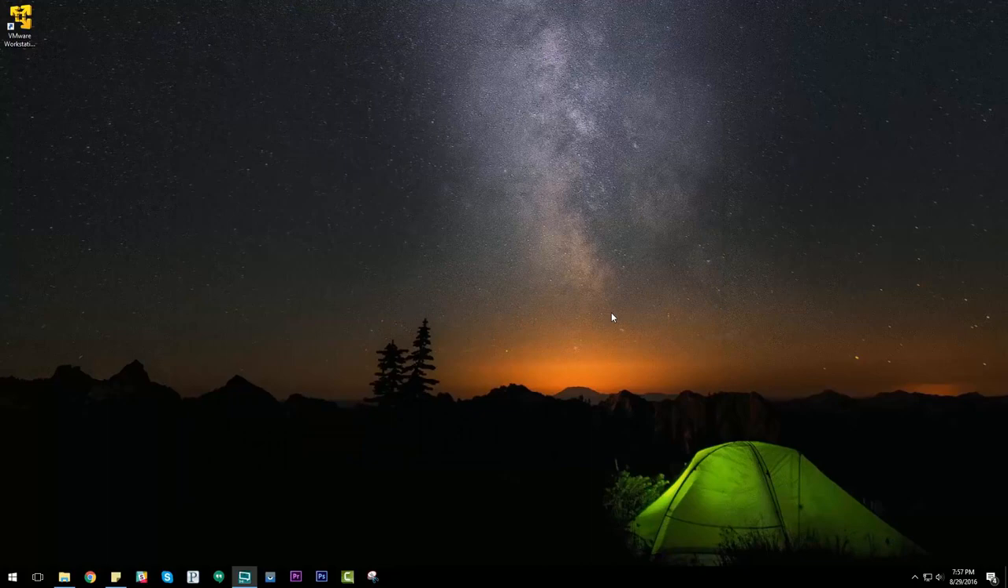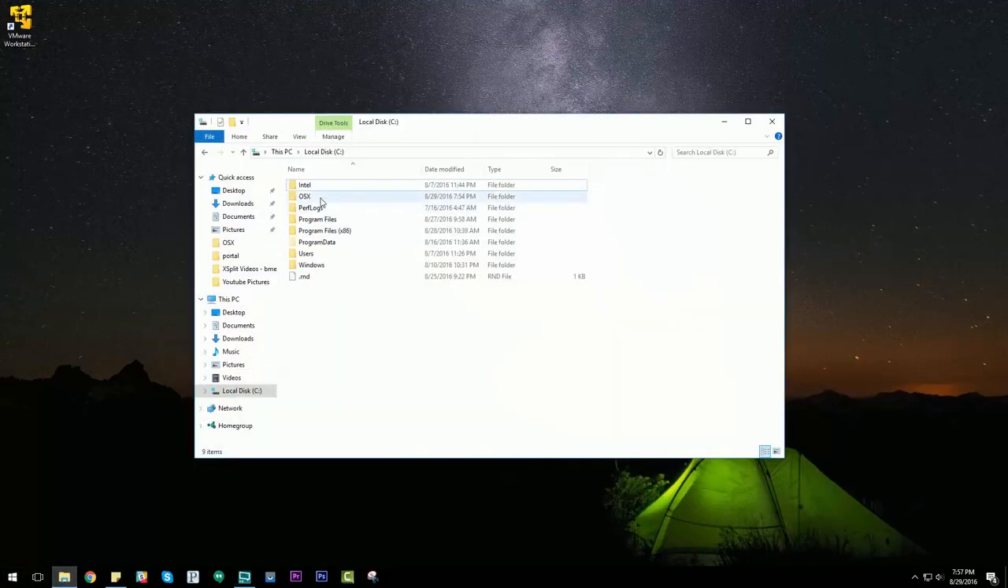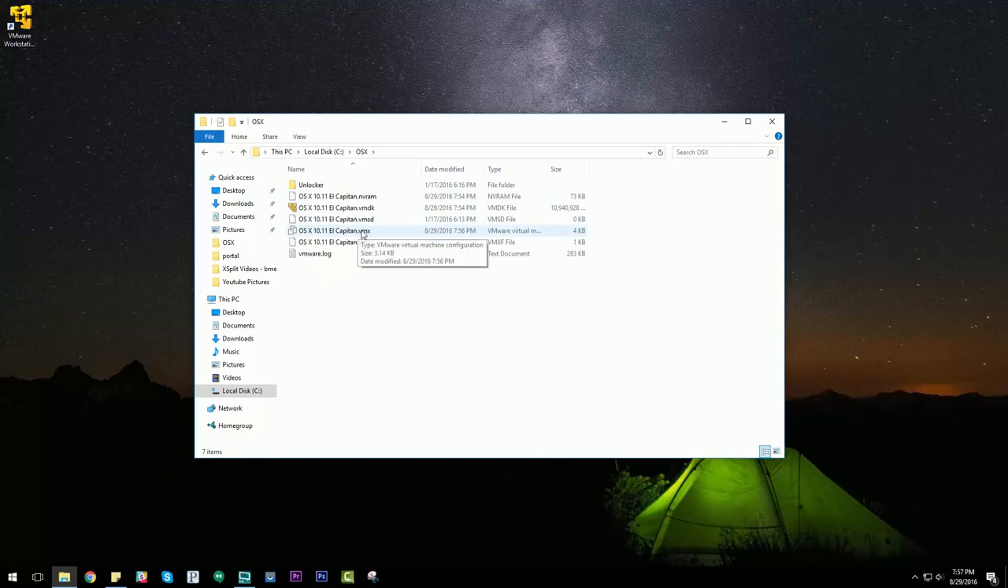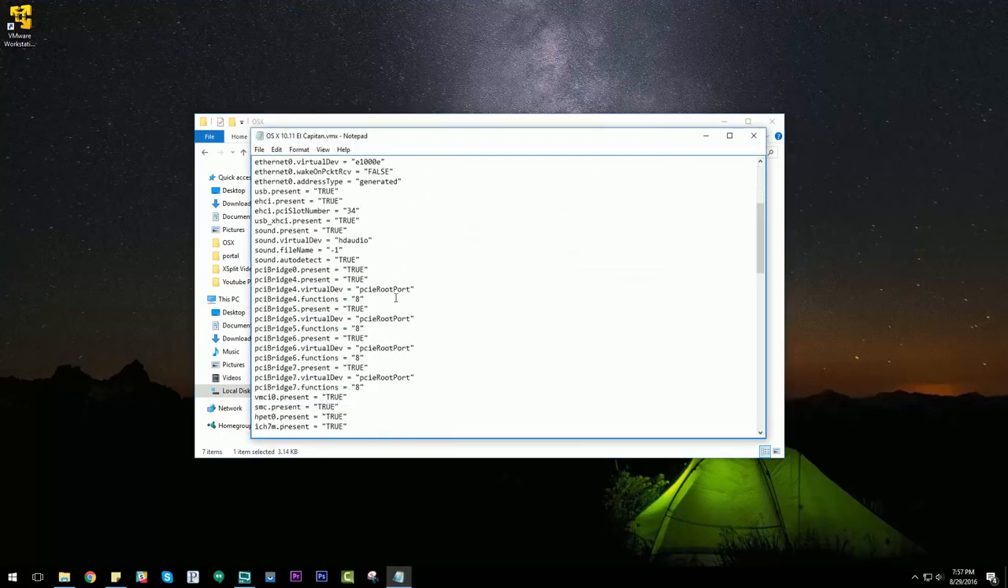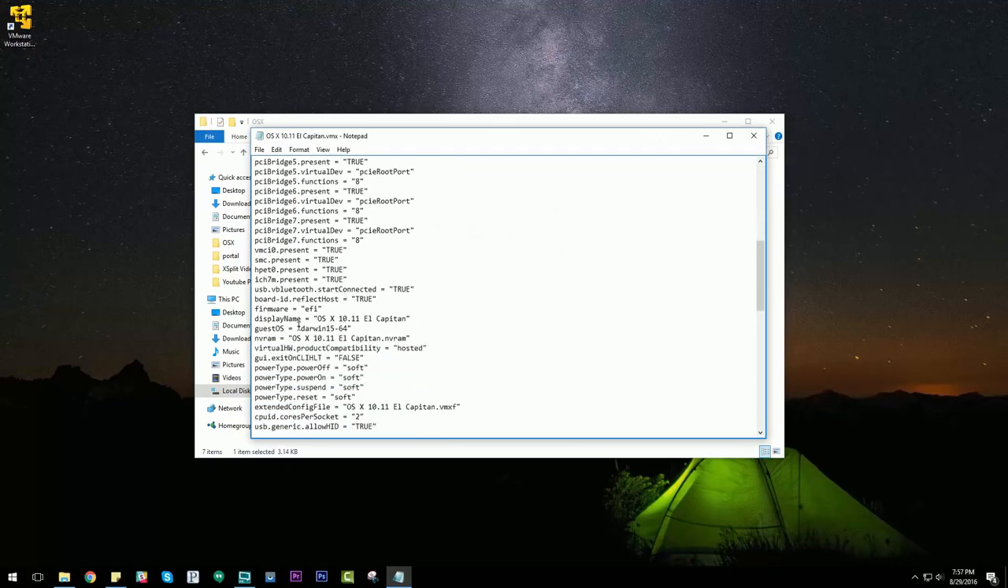Once the virtual machine is shut down, you're going to open your system folders and reopen the OSX folder that we created. In here you're going to see a VMX file. Right-click it, and I have Notepad++, but you can use Notepad. Either one will work. Open it, scroll down a bit, and you're going to see a line here that says